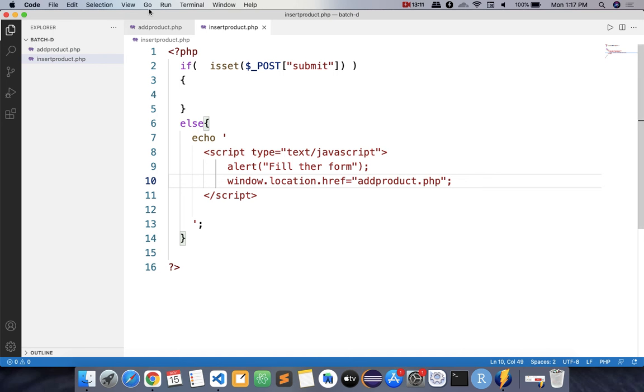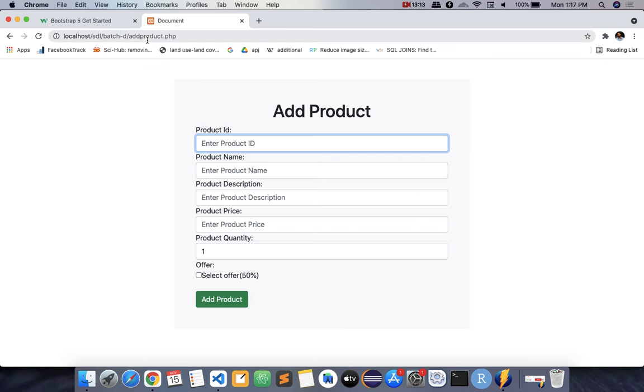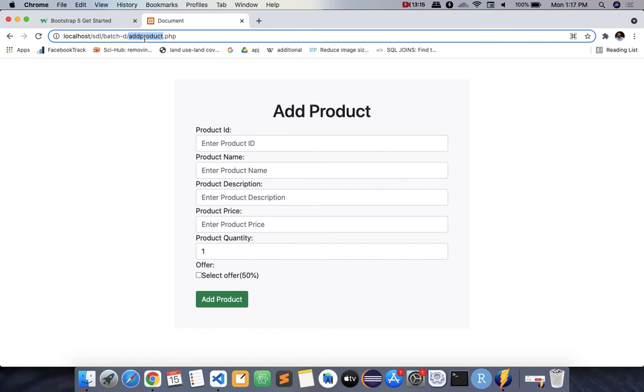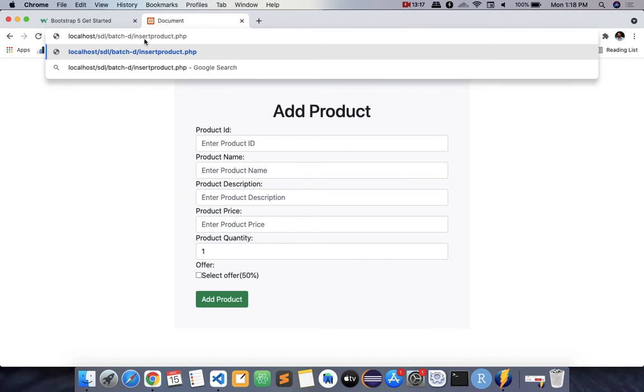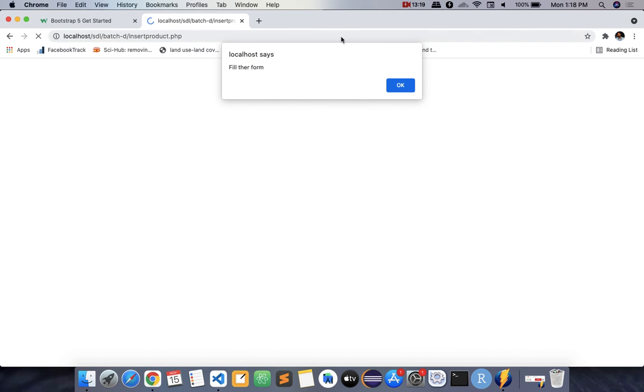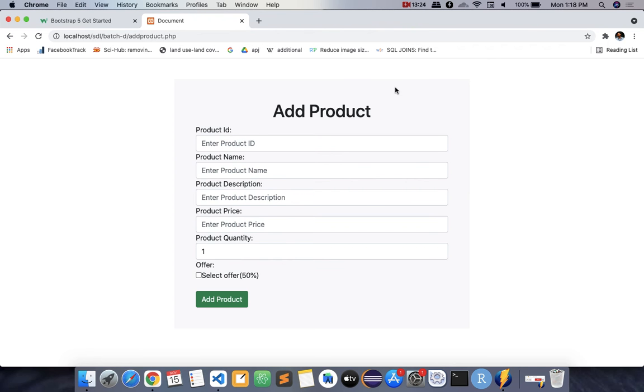Okay, you'll see that if somebody is directly trying to access the page insert dot php, a popup will come: fill the form first, and it will go to the form page. It means the above code will not execute at all, and it will not give any error. You cannot directly go to that page, just like you cannot go to your home page without login, because you have to come to the login page only. Okay, so done.